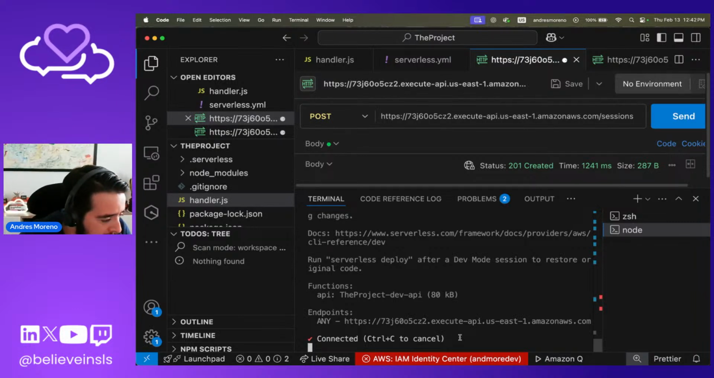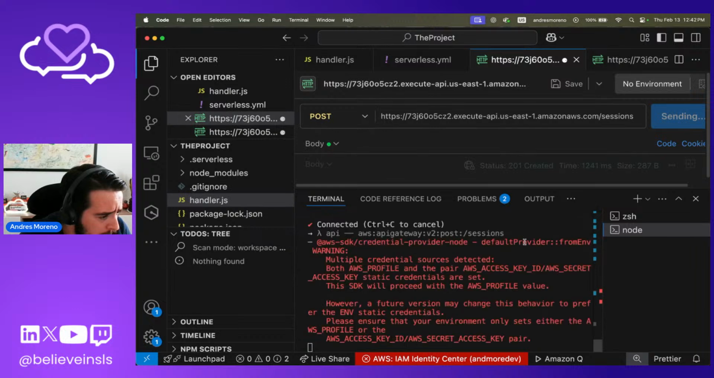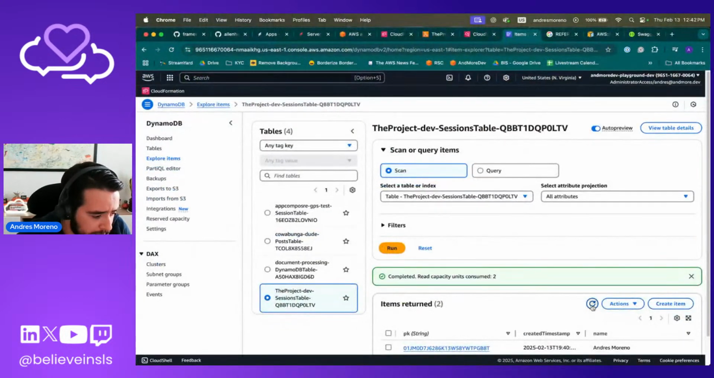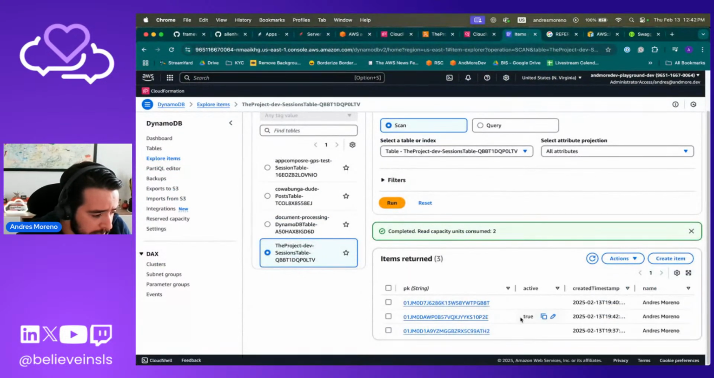Okay, so it's connected. Let's trigger. Yeah, multiple credential sources detected. Both AWS and the pair are set. I'm not sure where it's getting these because I don't have... Okay, it's using this. So it used the correct one, which is why we should probably see a third one here. Yeah, so it is working. You can see it got